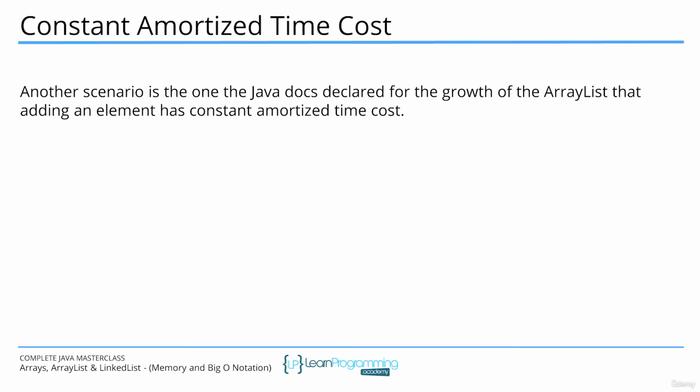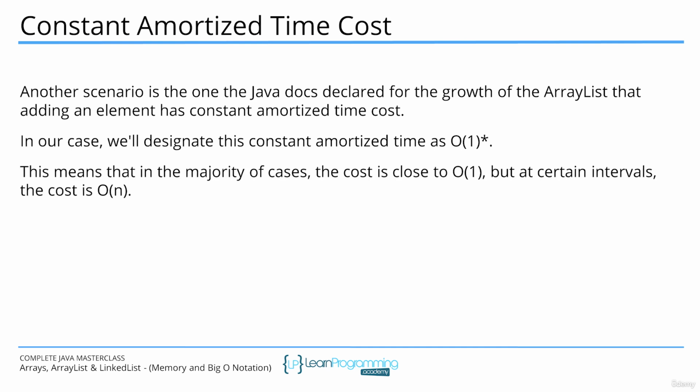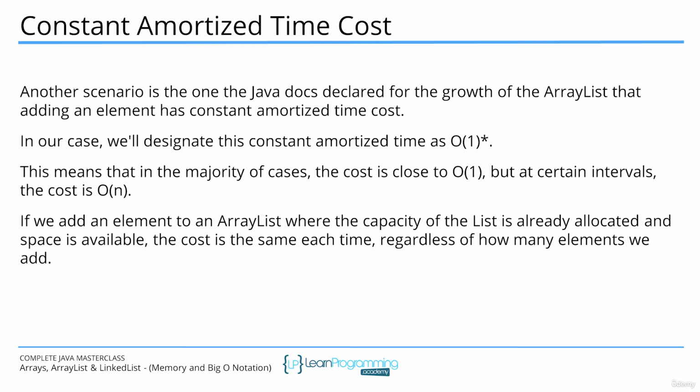Another scenario is the one the Java docs declared for the growth of the array list: that adding an element has constant amortized time cost. In our case, we'll designate this constant amortized time as O(1)*. This means that in the majority of cases the cost is close to O(1), but at certain intervals the cost is O(n). If we add an element to an array list where the capacity of the list is already allocated